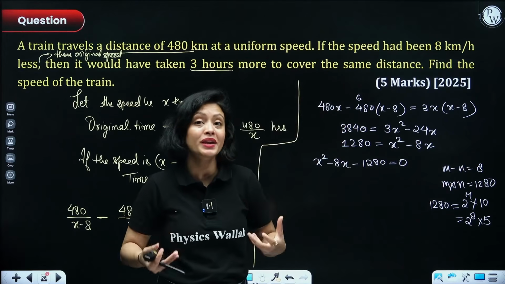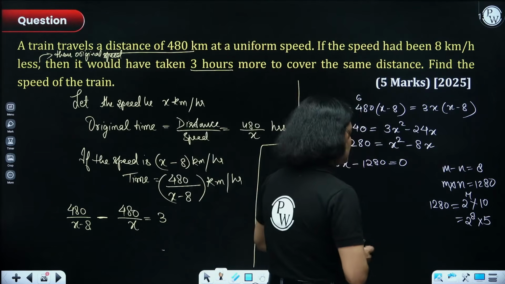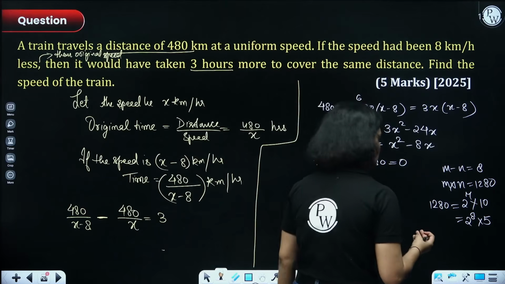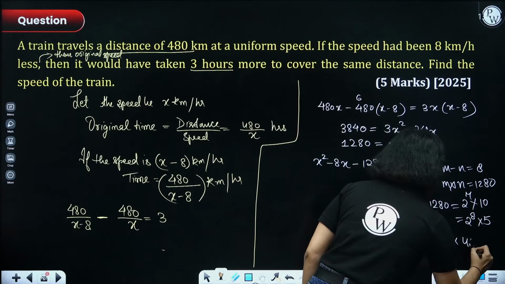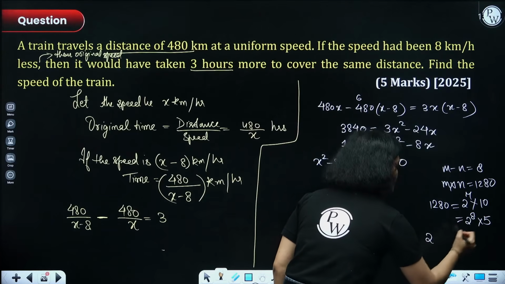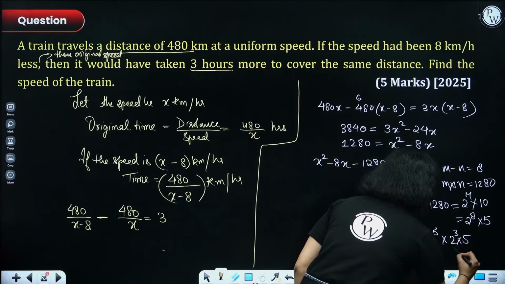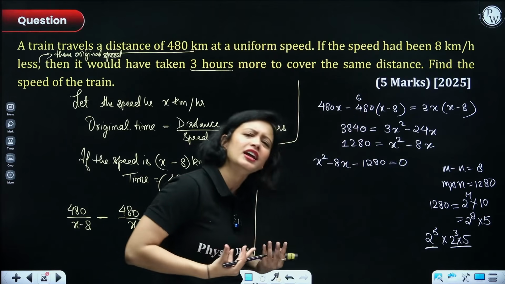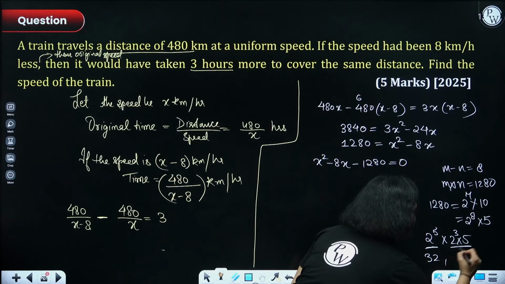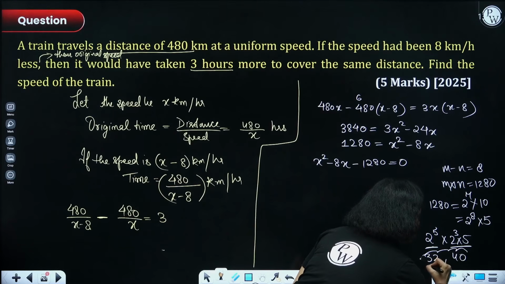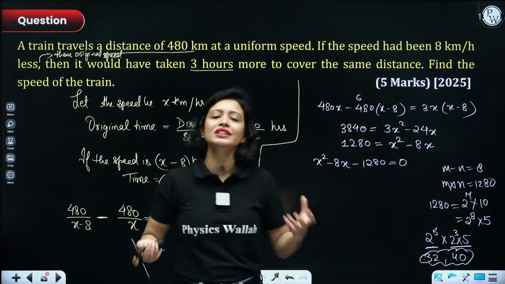So the numbers have to be close together, right? Let's just suppose I am taking 32 and 40. What I did was, I thought, okay, I'll break 2 raised to power 8 as 2 raised to power 5 into 2 cube into 5. I just broke it down like this to get two numbers that are really close together. This is 32, while this is 40. These numbers are close together and, lucky me, I got two numbers whose subtraction is 8. So this is the way to think.